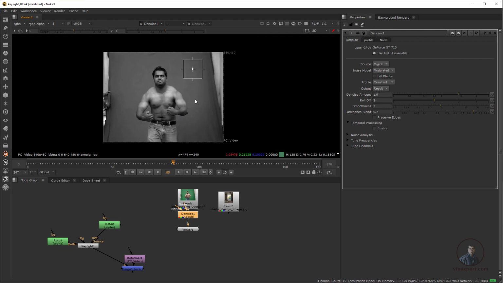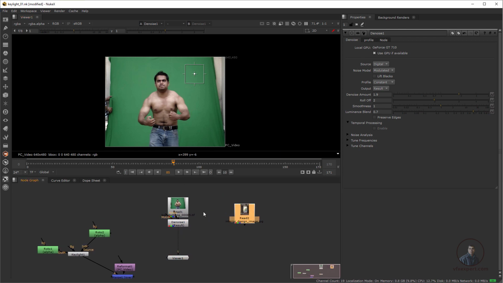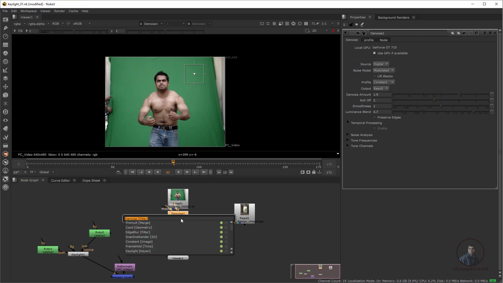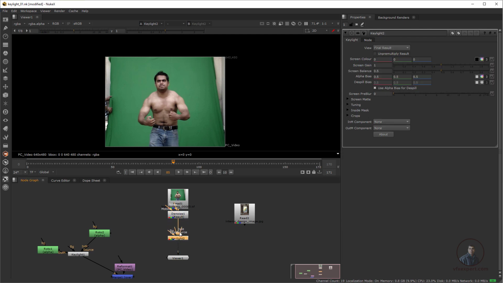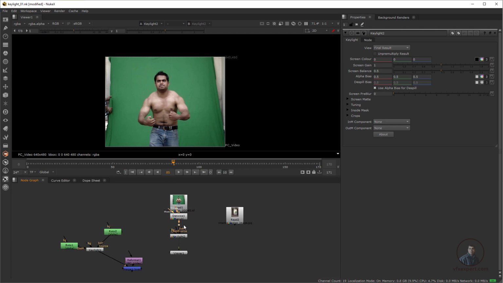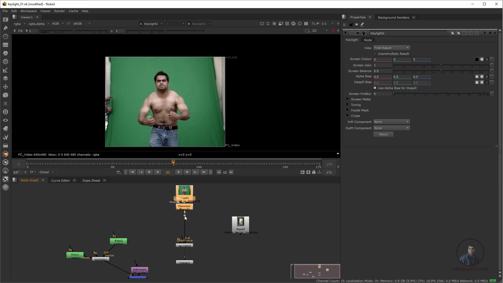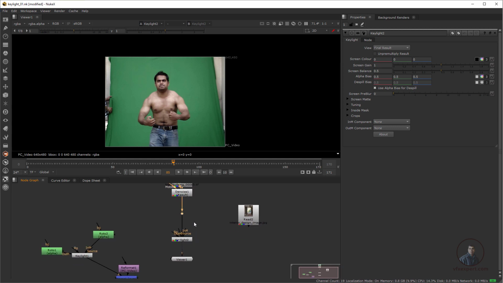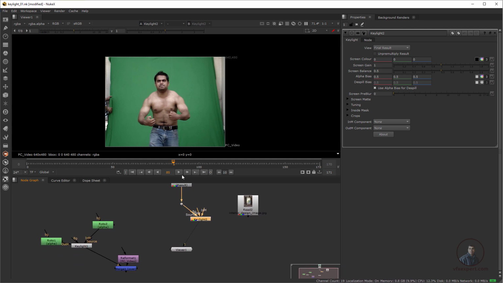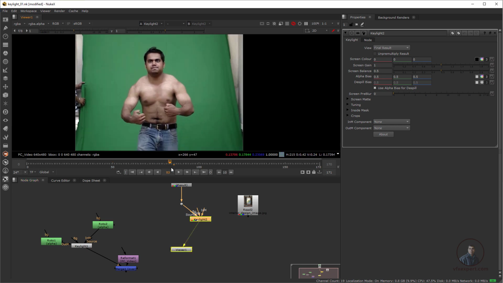So now just again press B here. Now in RGB mode. So till here just adjust it a little bit. Now select this one, press tab and just type key light. Then just adjust it here. Now make a dot here a little bit. So hold control and click it here because this is actually our footage, and from here we will create our matte. Okay, so now this is our first key light, because with the help of different key lights we will create our final matte.